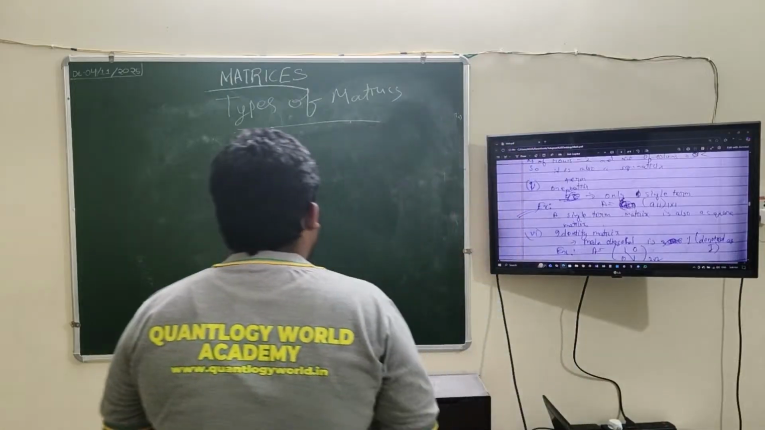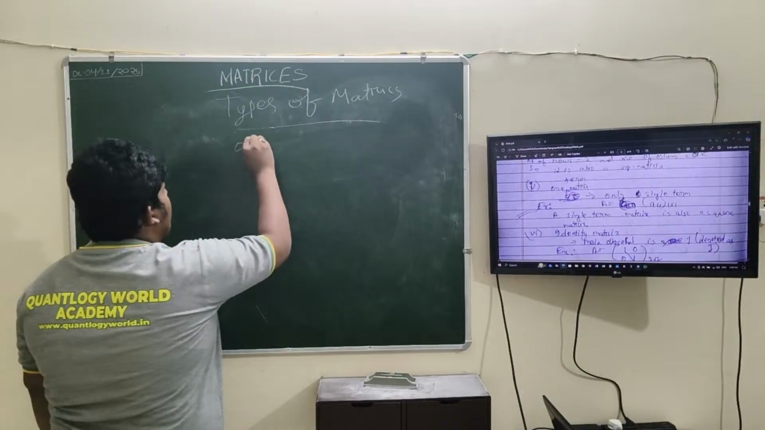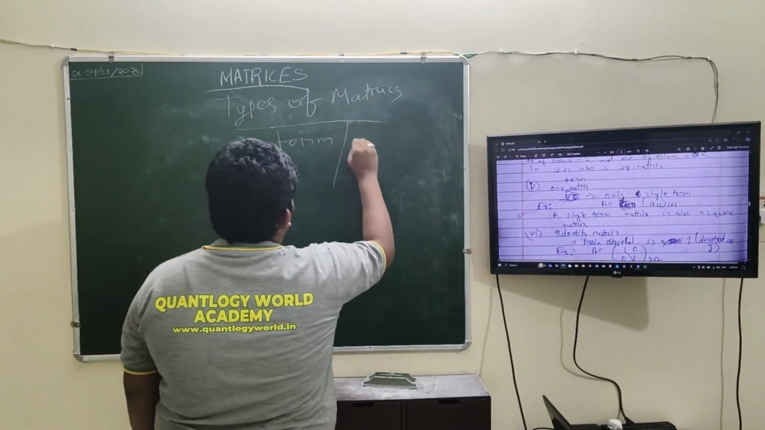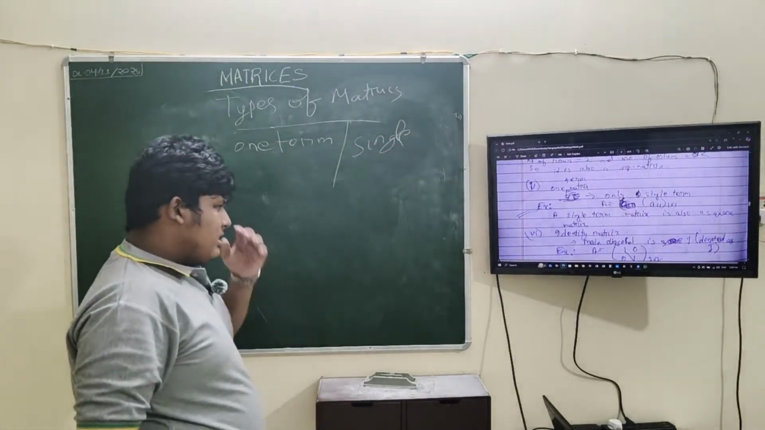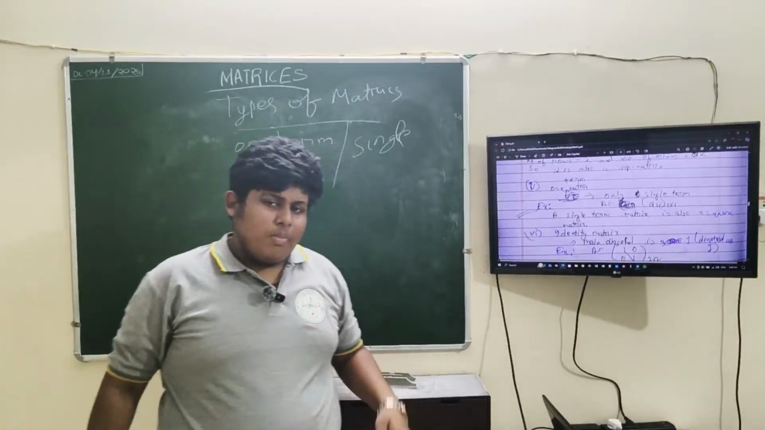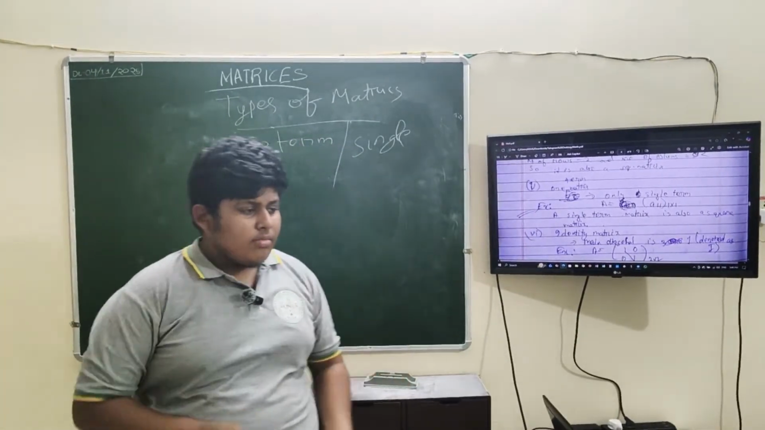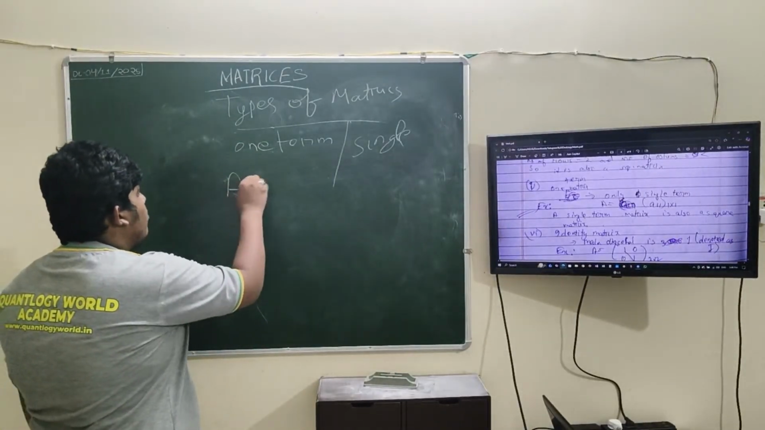The next type of matrix is the one term matrix, or we can say a single matrix. Single means what? A one term matrix represents that the number of elements in the matrix is only one. Let's write the general formula: A equals